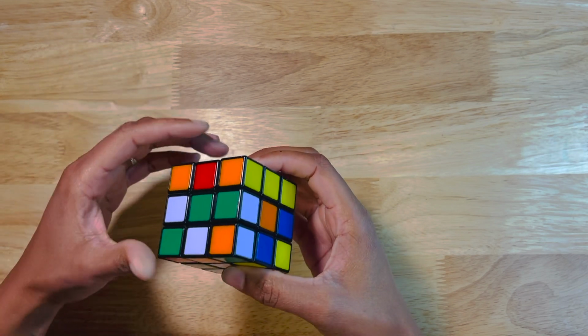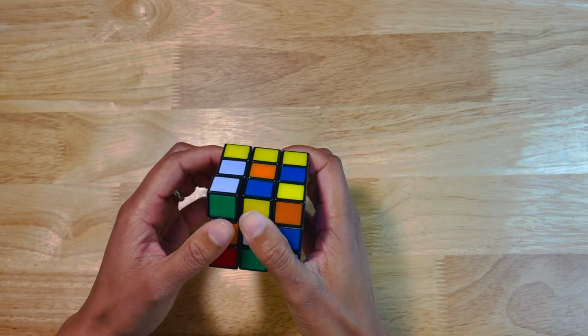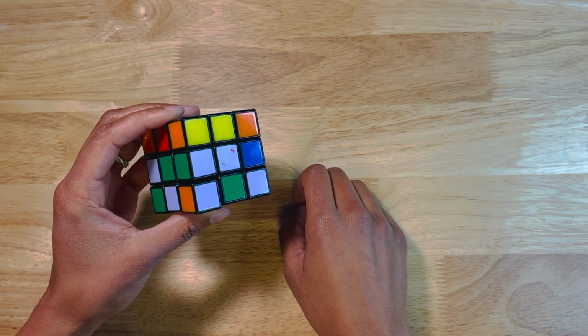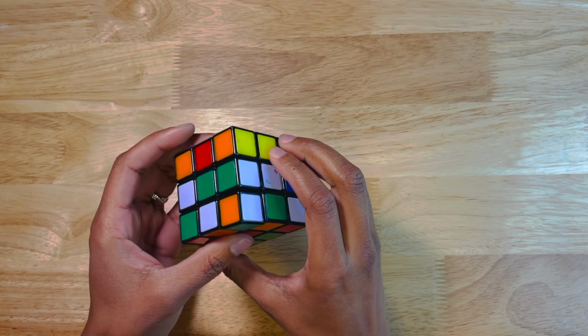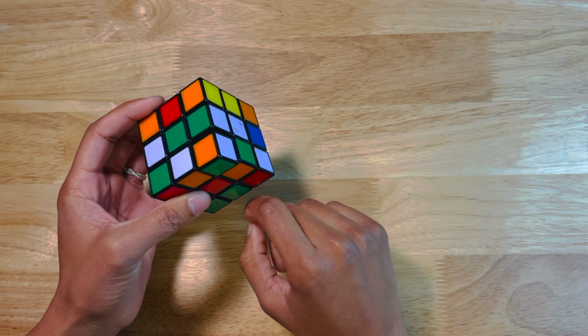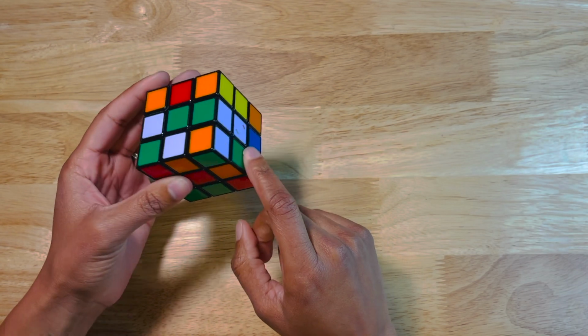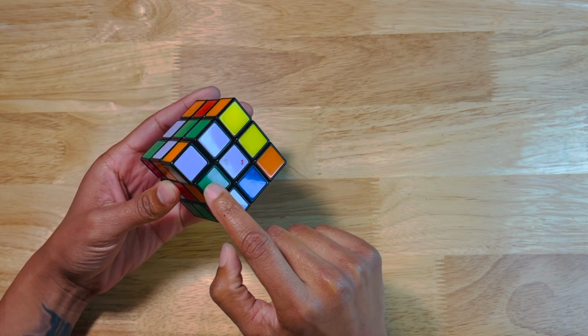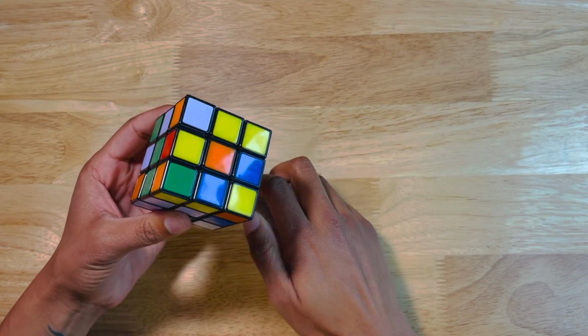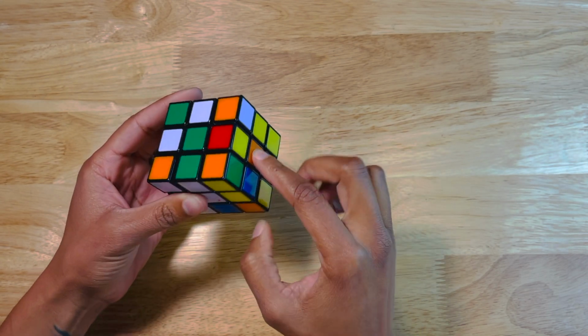So for this first piece, it's very simple. We just line it on up. Now we'll keep going until we get the rest of the side pieces in. So we have a green and orange piece. Now where's the orange side? The orange side is over here.